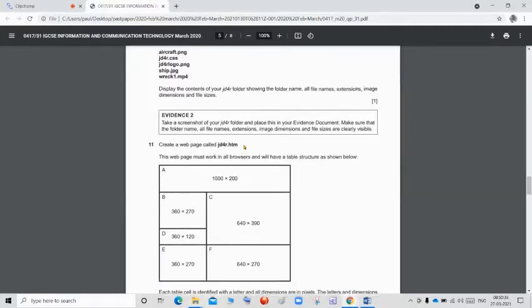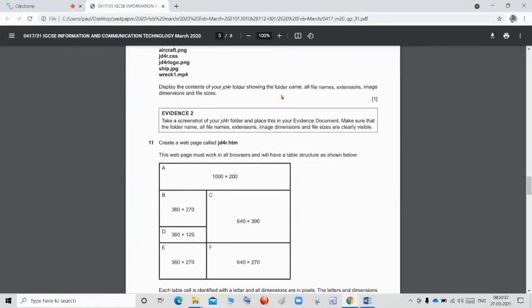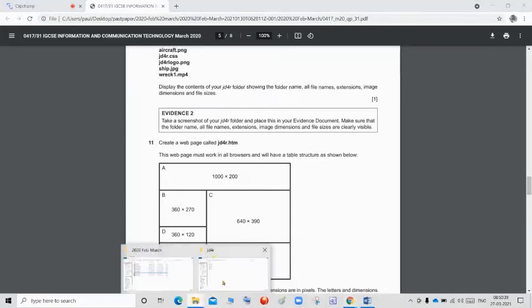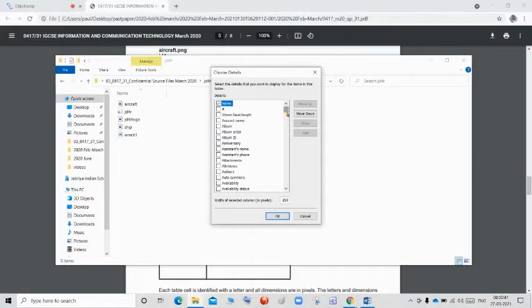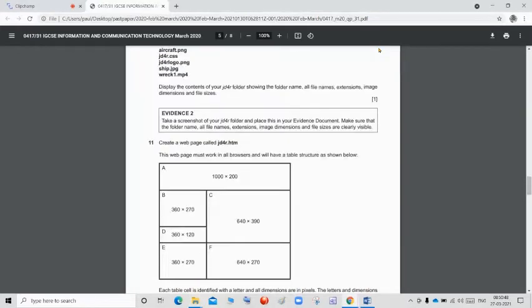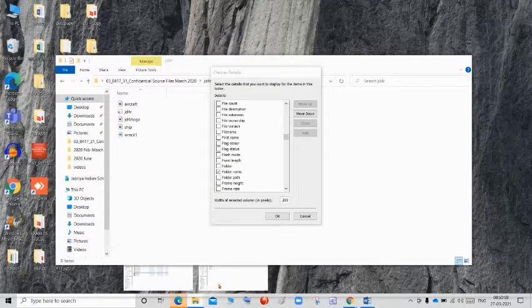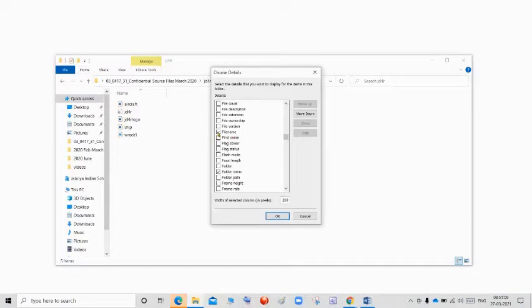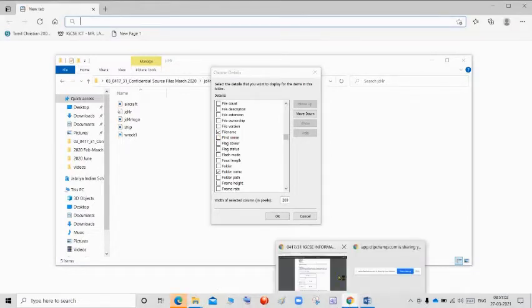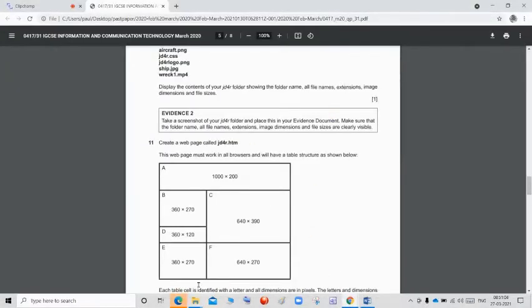first they are asking for folder name. So I am going to select folder name. Next, they are asking for all file names. So file name should be there. Next, extension.